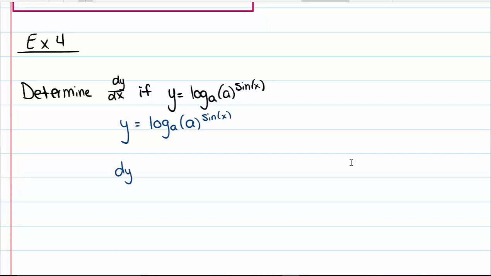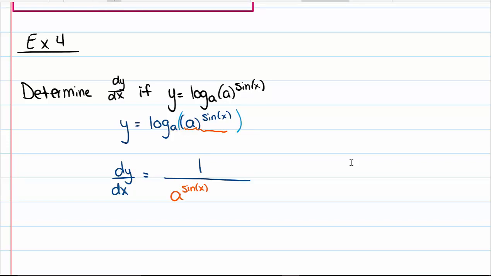So dy dx then is going to be equal to 1 over, and remember, it's the piece on the inside, so this piece, a to the sine of x, technically it's this whole thing. We'll put an extra set of parentheses so as not to confuse that,